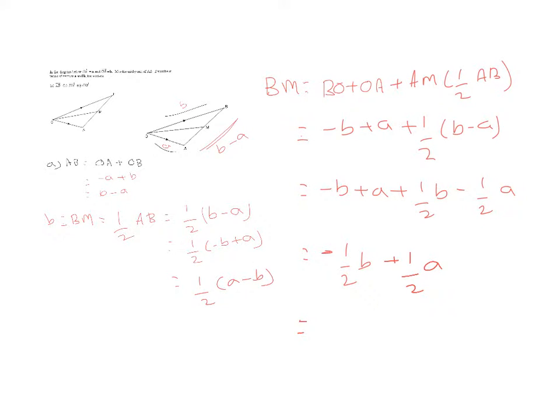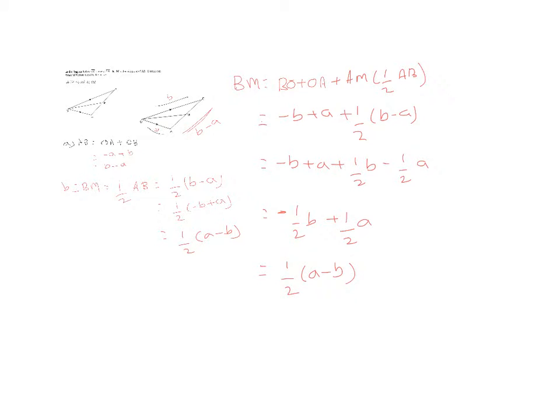Okay, so you can rewrite half A, here it is plus A, so half A, here it is minus B, so the answer is half of A minus B. And you can see the same thing here, we got half of A minus B, here also half of A minus B. So whether you use this method, B to M directly, or you come from B to O, O to A to M, both will give the same answer. Okay.